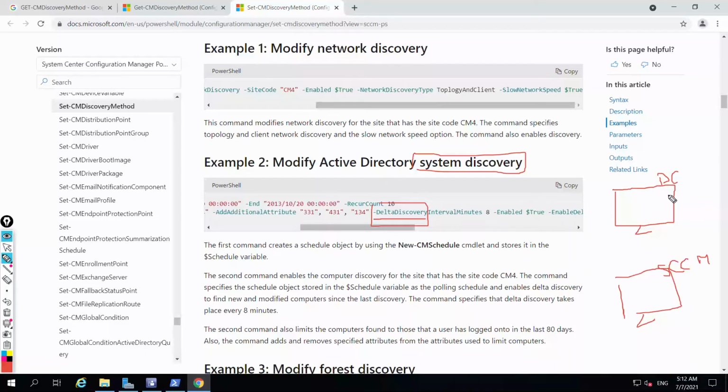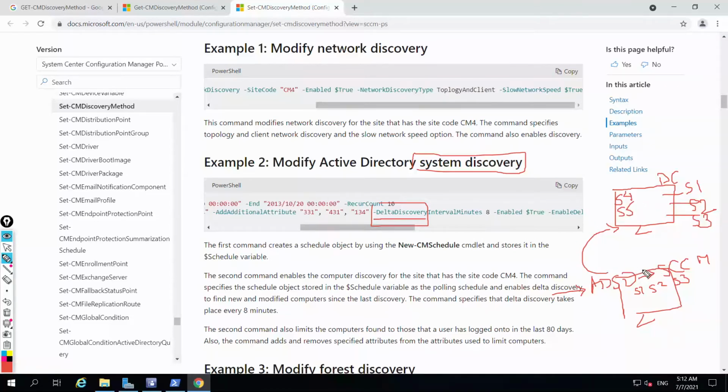Let's say now I am having system 1, system 2, system 3, and I ran Active Directory system discovery on my SCCM server. It went to AD and fetched the system information, system 1, system 2, and system 3. Once this discovery was finished, two new systems were added, system 4 and system 5.